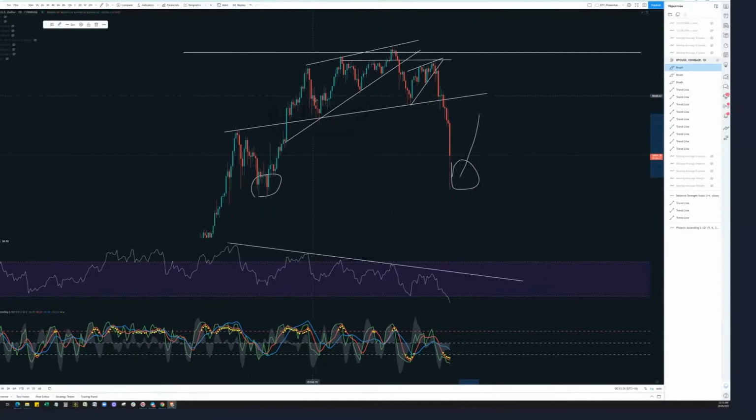Even here, it took 1, 2, 3, 4, 5 or 6 candles before we start climbing. So up to a week where we can potentially hang around here and go up, or continuation down. Who's to know? So what we need to do is keep watching this space. This so far